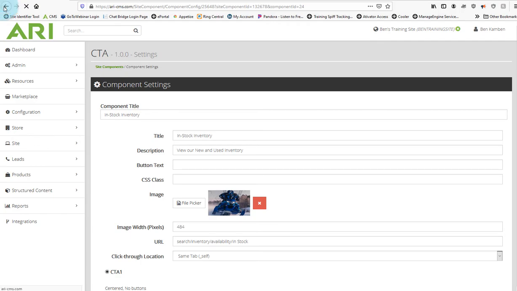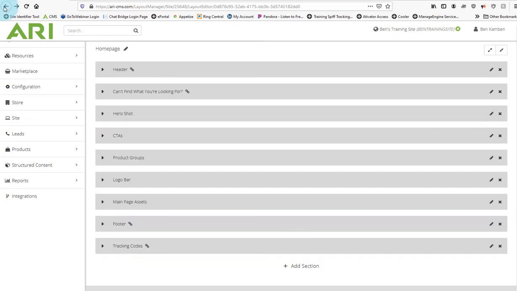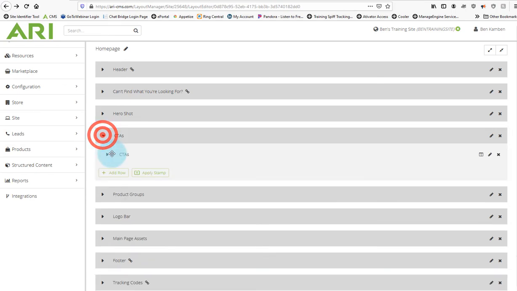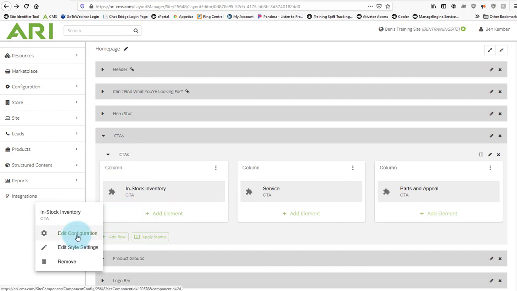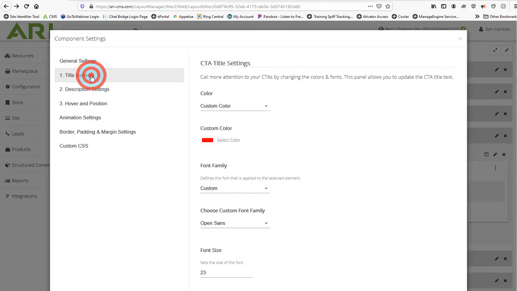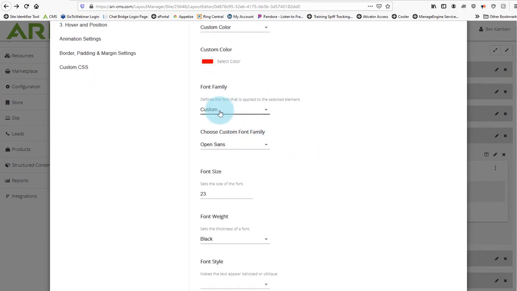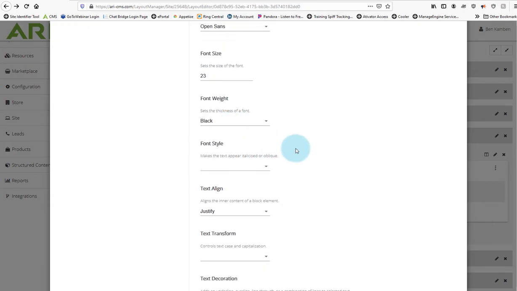Now next, let's say, you know what, the text that's in there looks good, but I do not like the font, and I do not like the font color. How do I change that? Well, we'll pop into CTAs once again. We'll click on this first CTA, but instead of going to Edit Configuration, we'll go to Edit Style Settings. We'll go down to Title Settings, and you can see that I've chosen a custom color, which is simply red. I've defined that I want a custom font family, Open Sans, size 23, font weight,